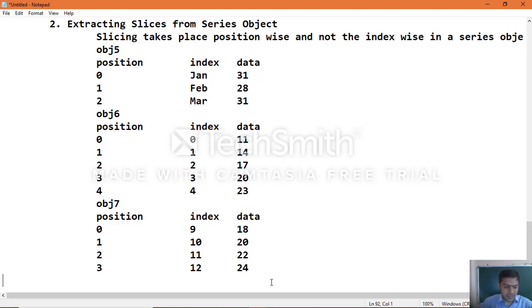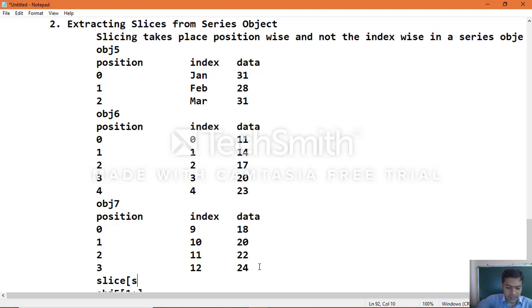Okay, now let's see how you can execute the examples here when you apply the obj5 of the slice 1 colon. This particular slice object takes place on position; let's take the syntax of slice.